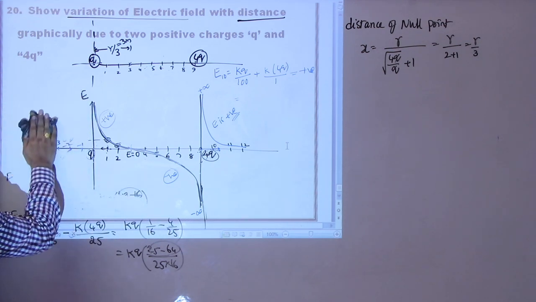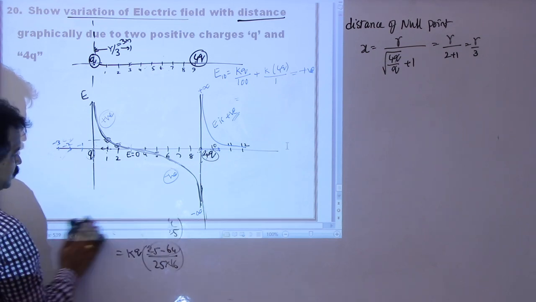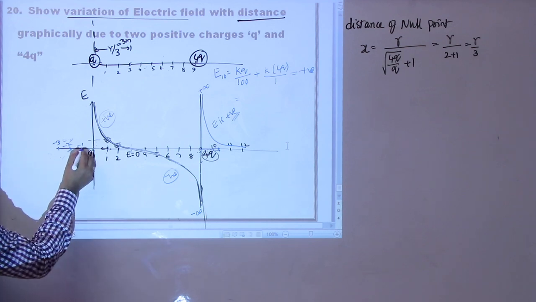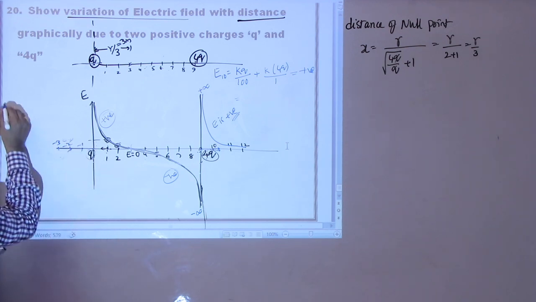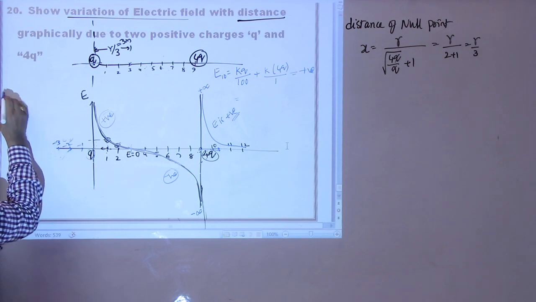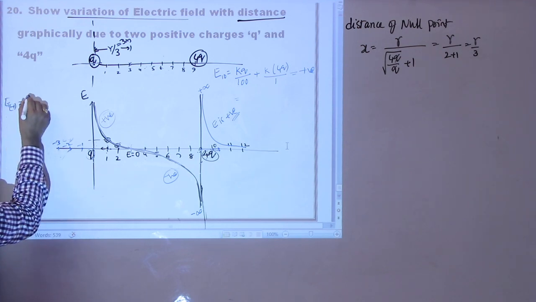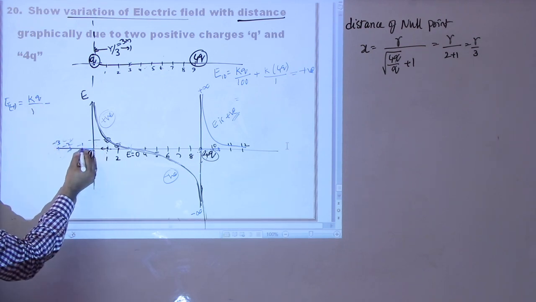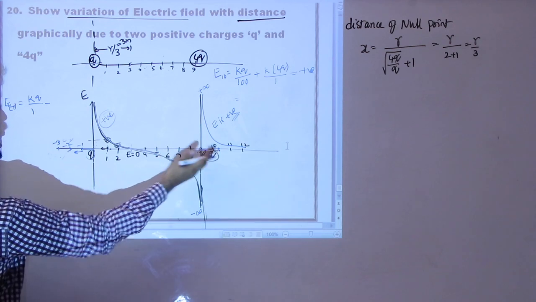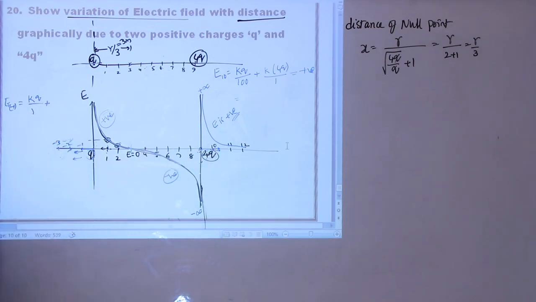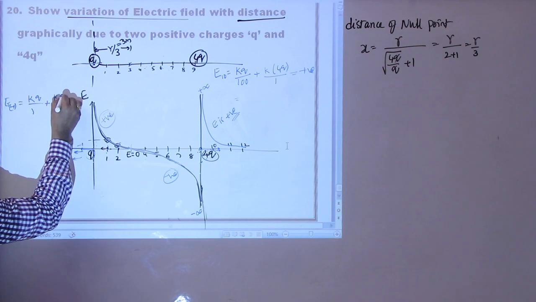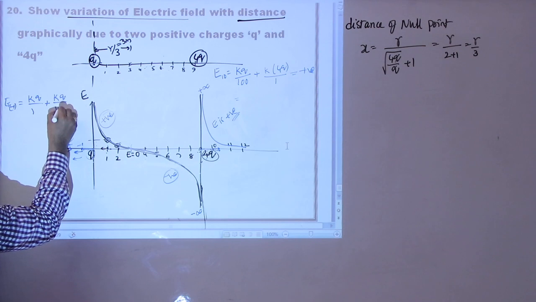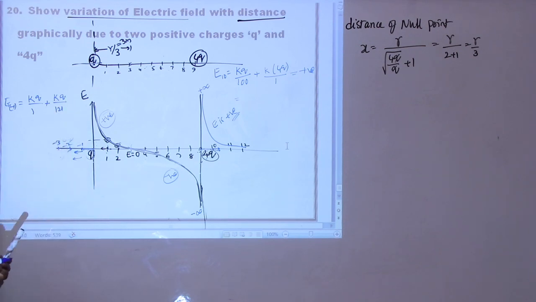Now what is the electric field along the negative x-axis? Let me find the values there. Based on those values I can draw the graph on the left side also. In this case, if you take this point 1, due to this charge the distance is 1, so the electric field at -1 is given by kq by 1 squared, that is 1. The field due to this one is in this direction, and the field due to this one is also in this direction. So I am adding these two, which is given by kq by, this value is 1 plus 10, 11, this is 121.